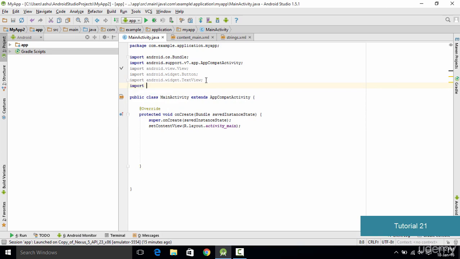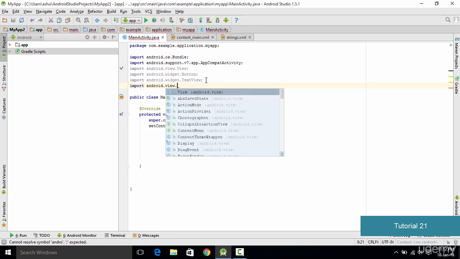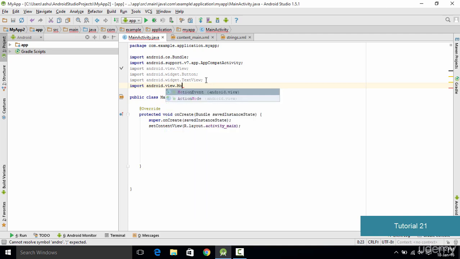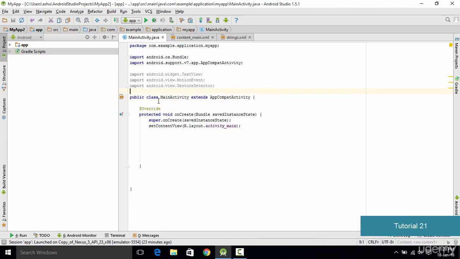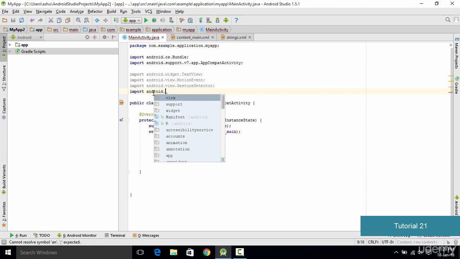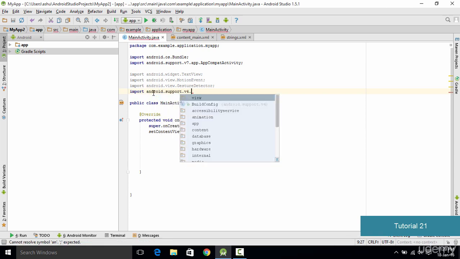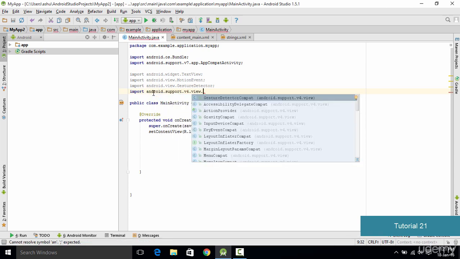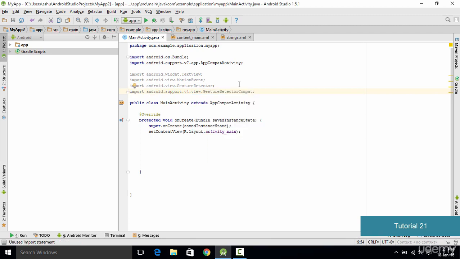So we type import android.view.MotionEvent. The last thing which we import is the GestureDetectorCompat. In order to import that, we type import android.support.v4.view.GestureDetectorCompat. Now we are pretty much done with importing the packages which we are going to use in this Java class.